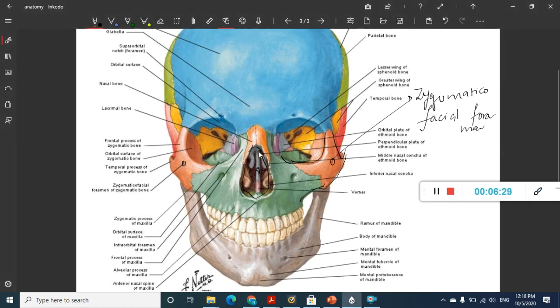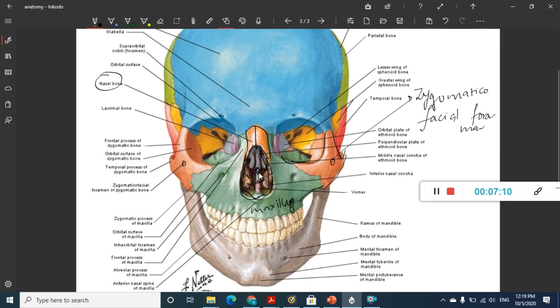This is the external nose. What are the boundaries of the external nose? See, this is the external nose and this is the nasal aperture. Here you can see these bones. What are these bones? These bones are nothing but the nasal bones, which are formed above, and on either sides and also below, you have the maxillary bone, or maxilla bone, which forms laterally and also below on either sides of the nasal notches.